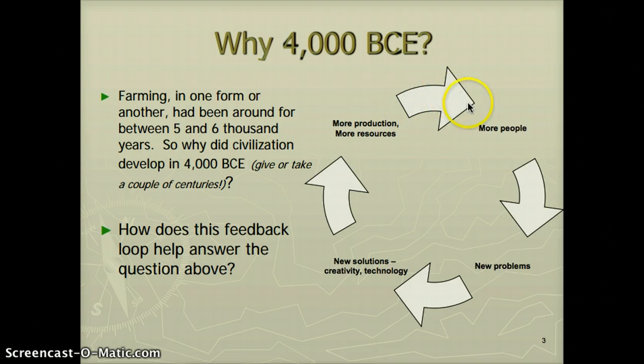And over time, that gives you more people in your community, in your society, which again, we know means more problems. So you develop social institutions, you get creative, and use technology to solve those things, which then will increase your production and give you more resources. So over time, you get this wheel starting to spin, and it took a long time for this thing. And you can imagine a critical mass means as it gets heavier and heavier, this thing is going to